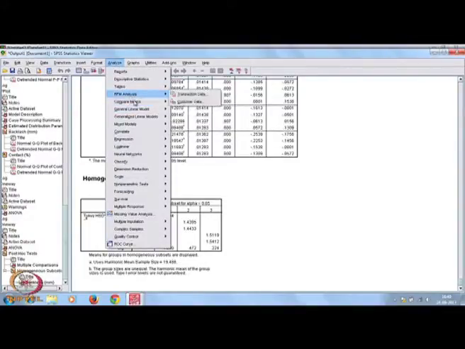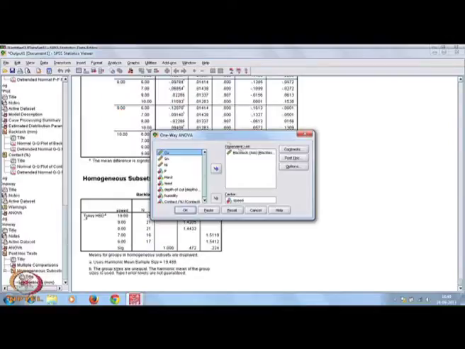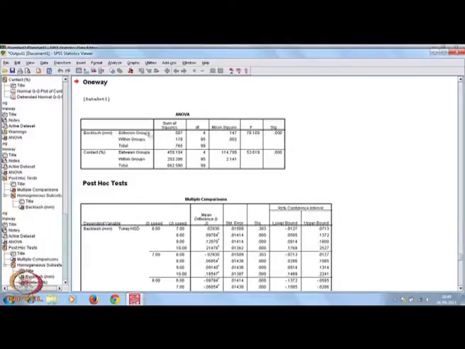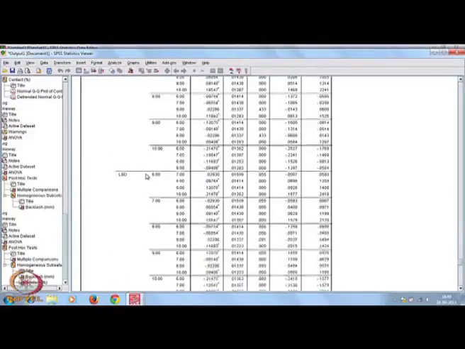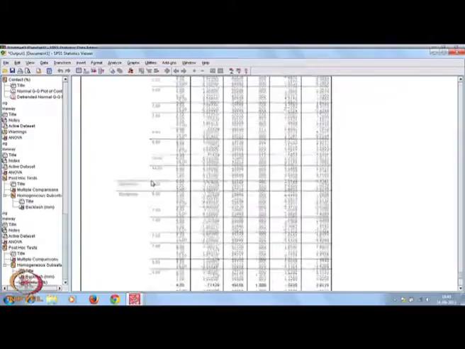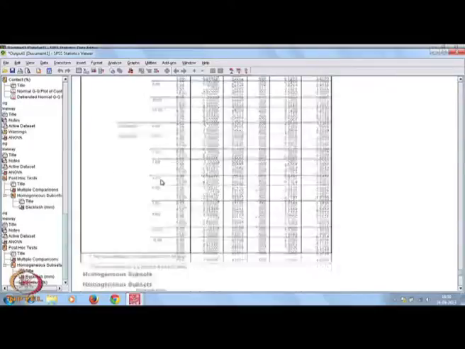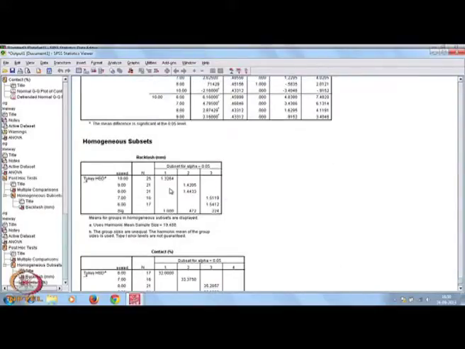In the same manner you can go for one more variable. Compare means. I have taken backlash, but I also want to take contact here. Then your factor is only one, speed, as it is one-way ANOVA, so only one factor you are considering. Now if you click OK, you are getting results for backlash and contact separately. All tests, everything. So it is just a one-click business.